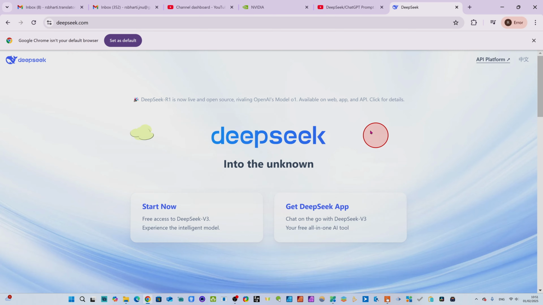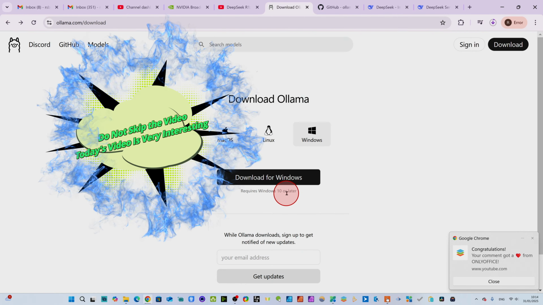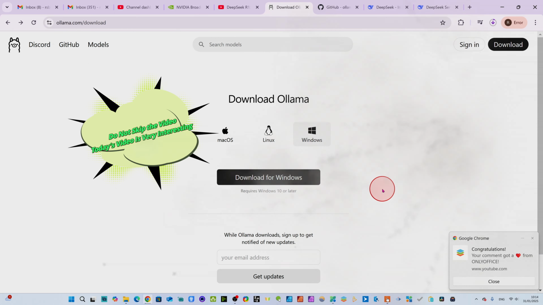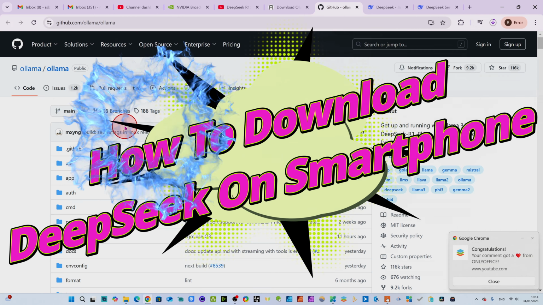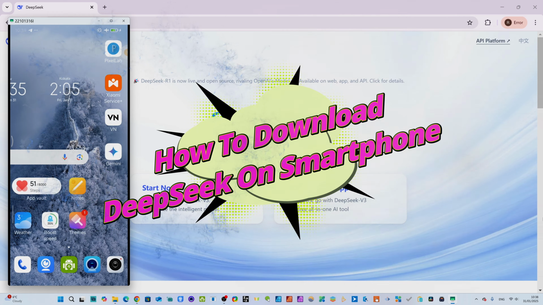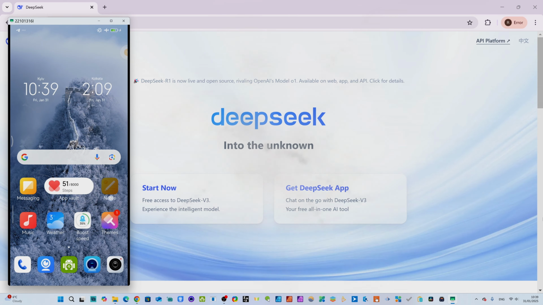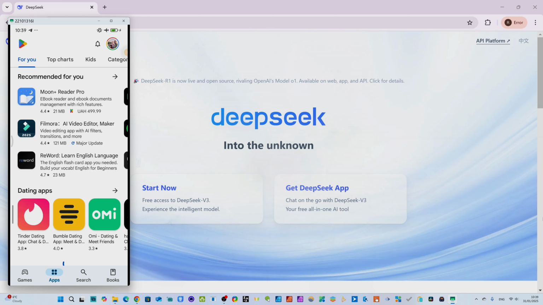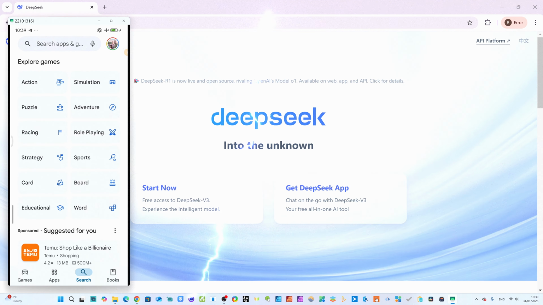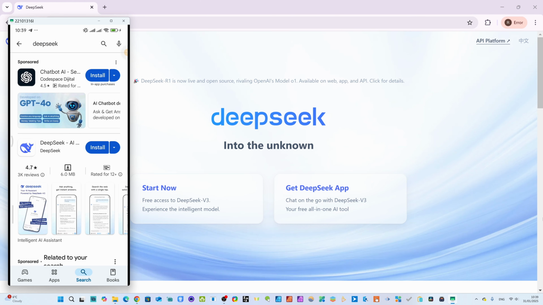Let's go to Google Play Store to download this DeepSeek AI. Now we will see how we can download this on mobile, and use the best open source AI model on our mobile, dear friend. Hello dear friend, we have come to our mobile now. For DeepSeek AI we have come to our Google Play Store. Here we'll click and type DeepSeek AI.